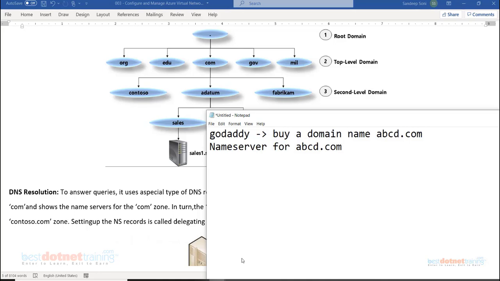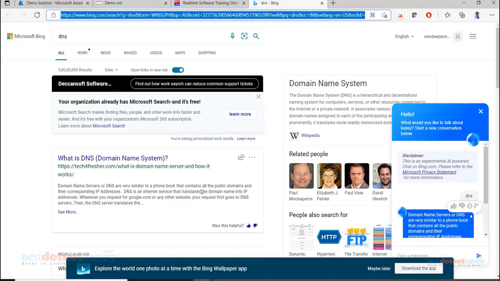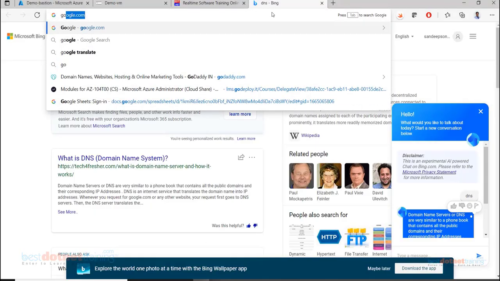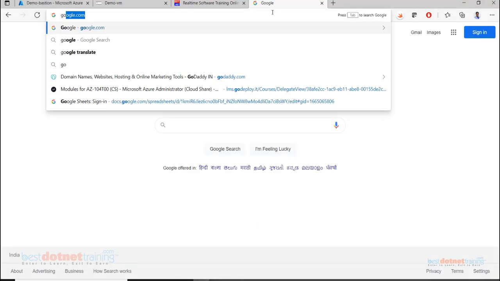Now when we manage DNS, what do we do? In the DNS server, which is the name server, we will create record sets. www.abcd.com is mapped to this particular IP address. We will give a proper IP address. So these types of record sets are created. Let me do one thing. Let's say I go to godaddy.com.